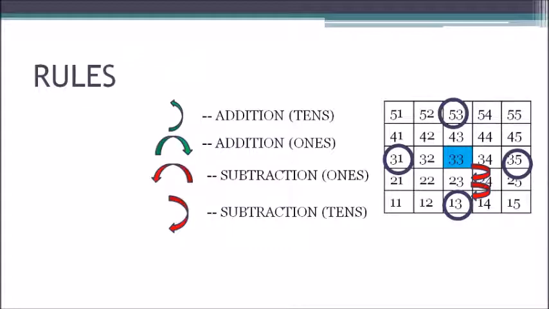सो इतना ध्यान रखना आप लोग कि एडिशन के लिए या तो हम ऊपर जाएंगे या टुवर्ड्स राइट जाएंगे। टेंस के एडिशन के लिए हम ऊपर जाएंगे एंड वंस के एडिशन के लिए हम राइट को जाएंगे। और सब्ट्रैक्शन के केस में टेंस के सब्ट्रैक्शन के लिए हम टुवर्ड्स डाउन आएंगे और वंस के सब्ट्रैक्शन के लिए हम लेफ्ट को जाएंगे।